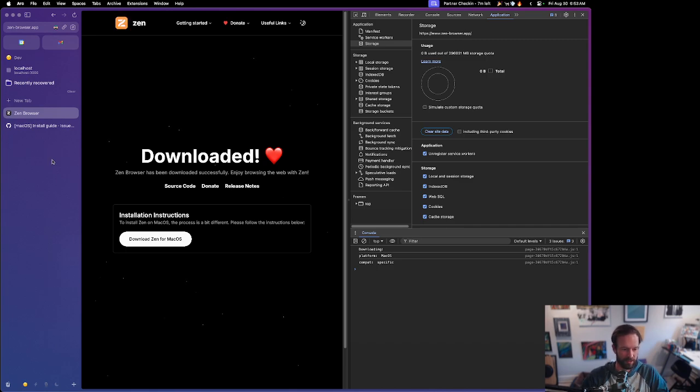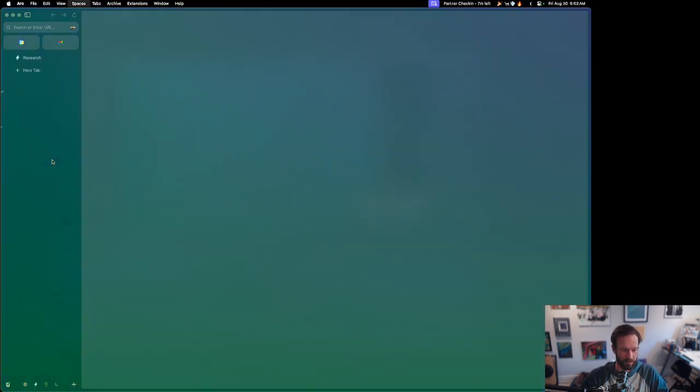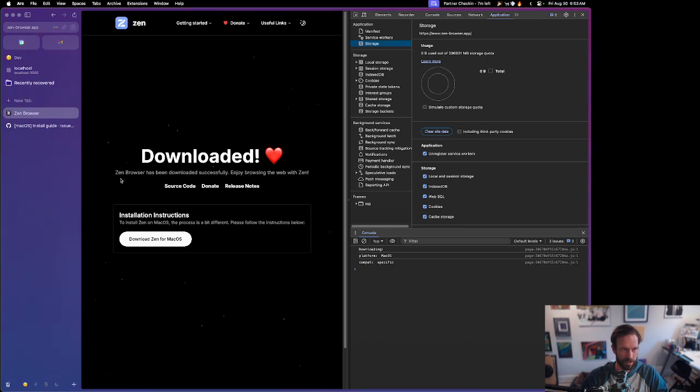So basically, how I work in Arc is I have 4 spaces, and a space has 3 layers of tabs. There are the global tabs, which are actually across spaces. So you see from one tab to the other, my mail and my calendar both are pinned globally. Then within a space, this is my dev space, I have pinned tabs, and then I have in each space